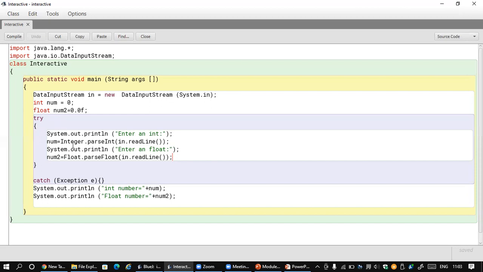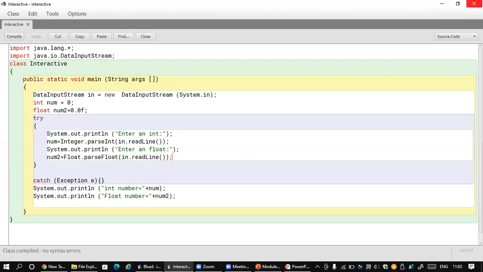That's about exception handling. Next, to see the output on the screen, we use the print statement here, which is an output statement: System.out.println. We print the given integer number, which is the number we have got by parsing from the string, and similarly we get num2 by parsing the float from the string. At the end of the program, you'll be able to see whatever num1 and num2 were decoded displayed on the screen as well. Now I'll compile this program. As I compile, if there is any error, it will be displayed over here.